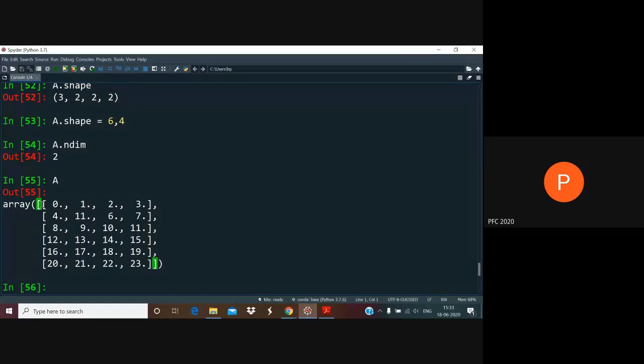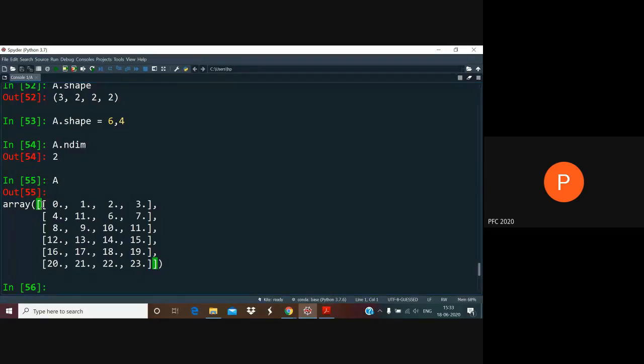What is important to keep in mind is that in all of these cases, the underlying stored elements have not changed. Changing the shape does not change the array in any way. Okay, strictly speaking, it does change the array, but it does not change the numbers stored in the array in any way. It does not change the memory location. So you're actually referring to the same array over and over again.